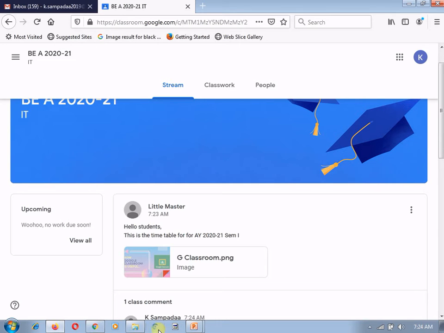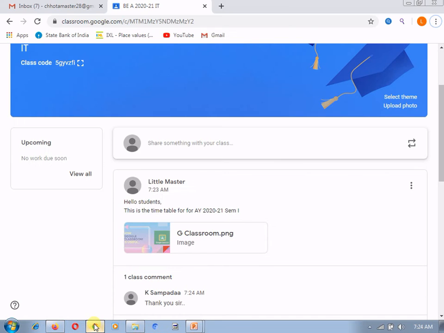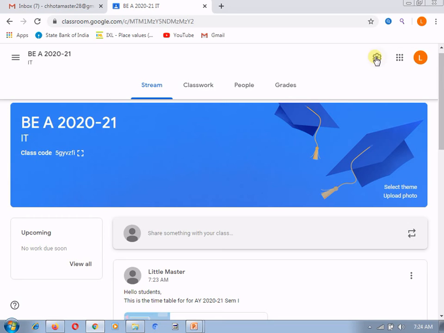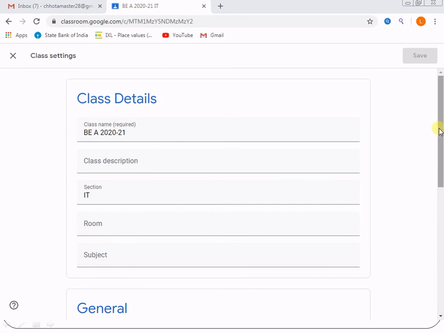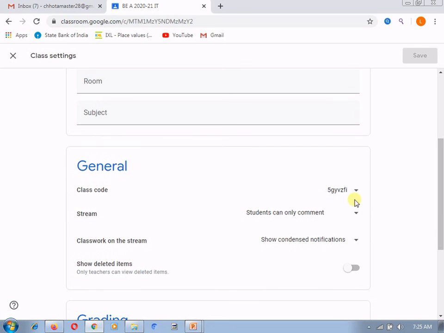Now let's move back to the teacher's login, and we will change the setting for the next option, where the student is not able to post or comment. I will select the third option, that is, only teacher can post and comment. I am saving all these changes.